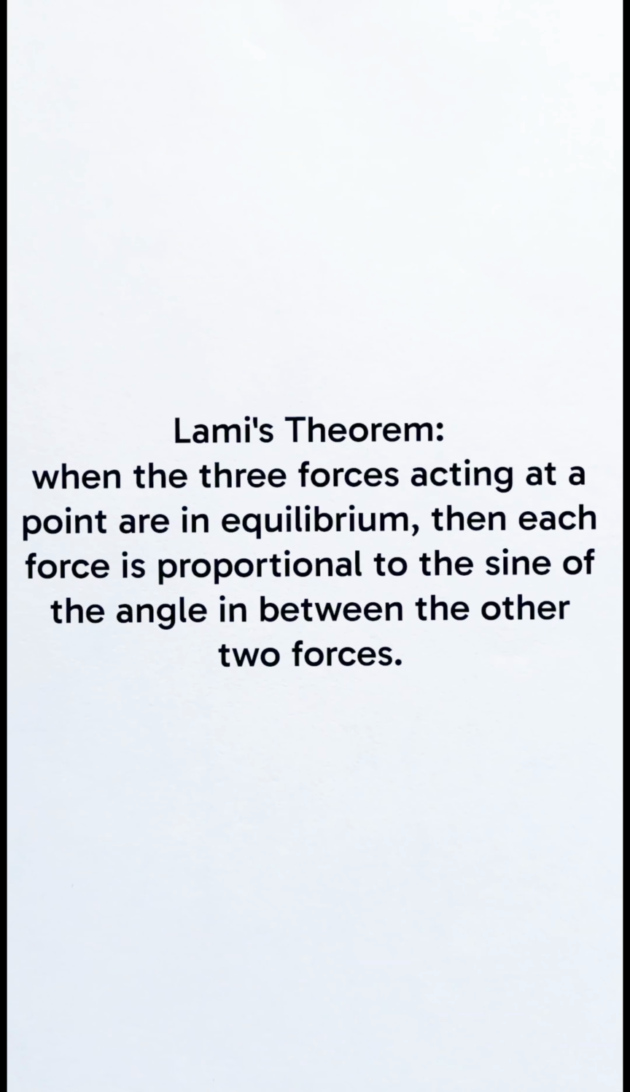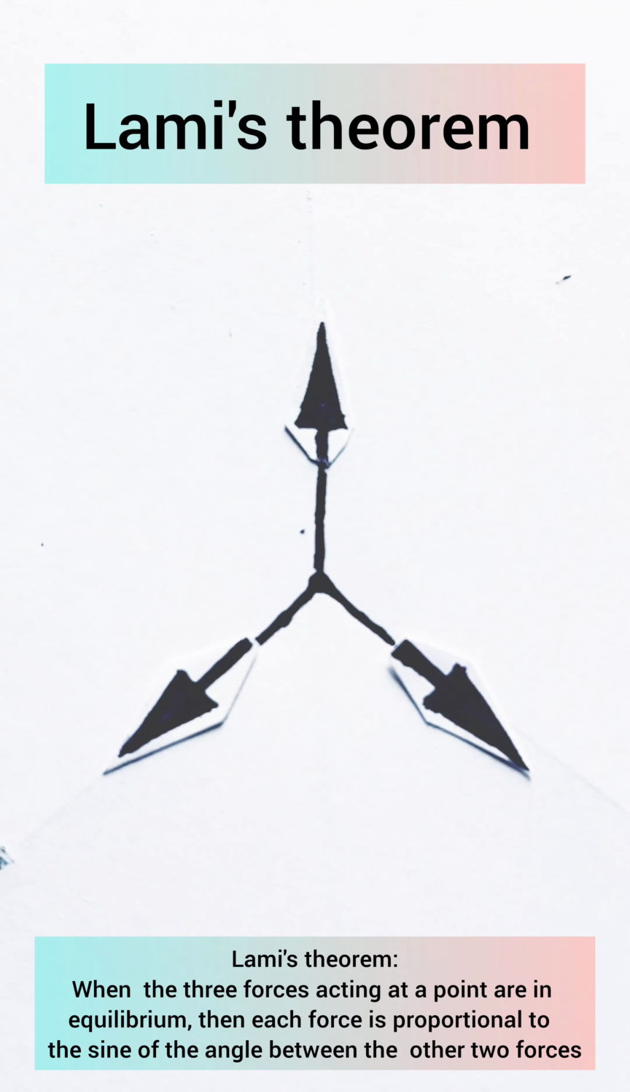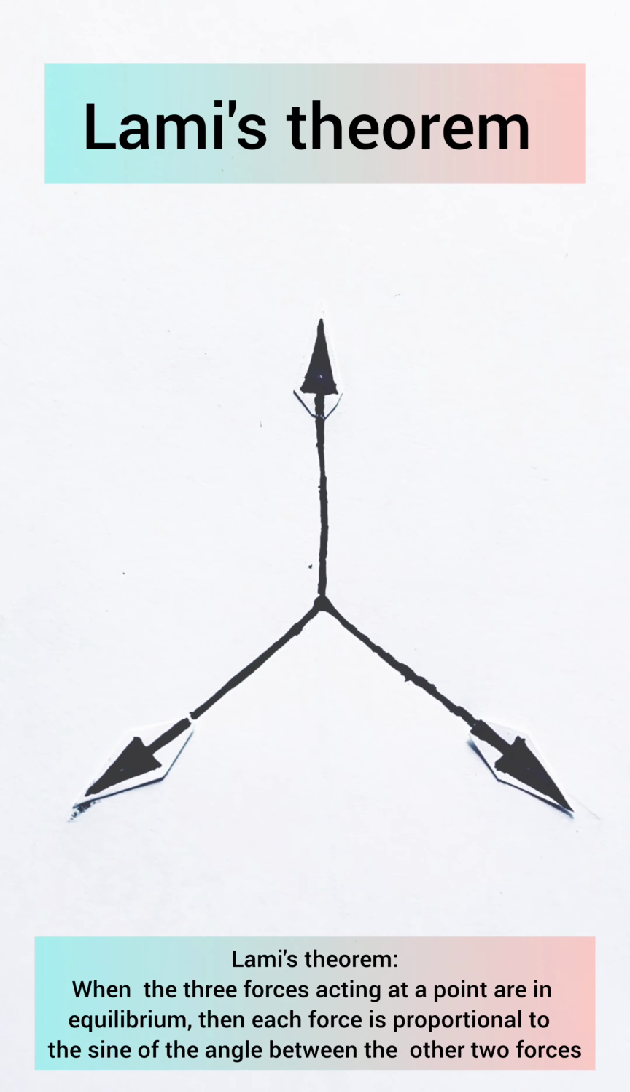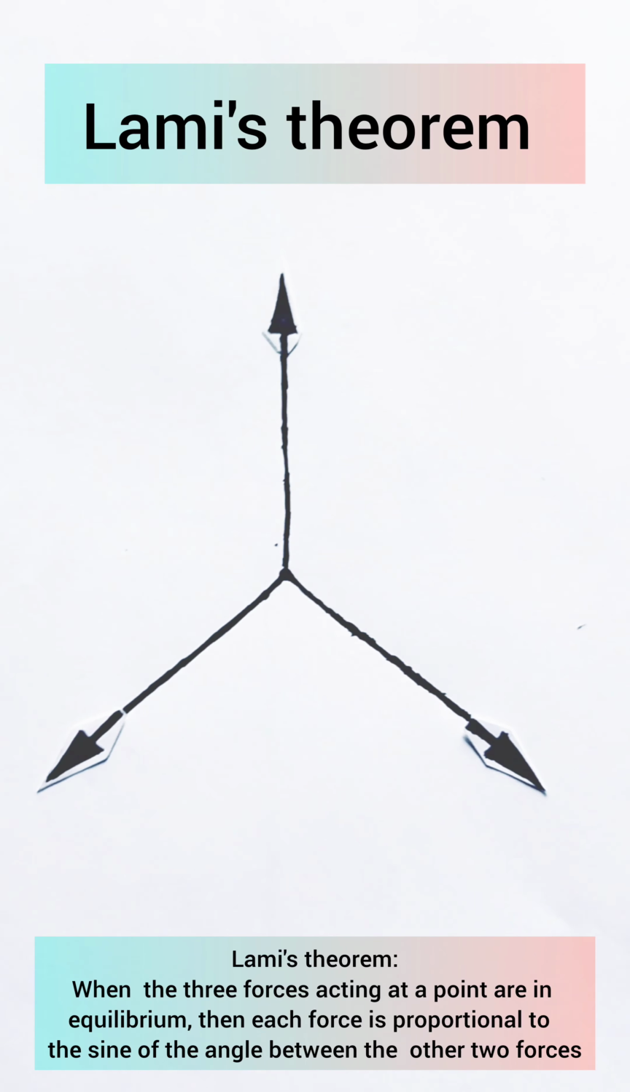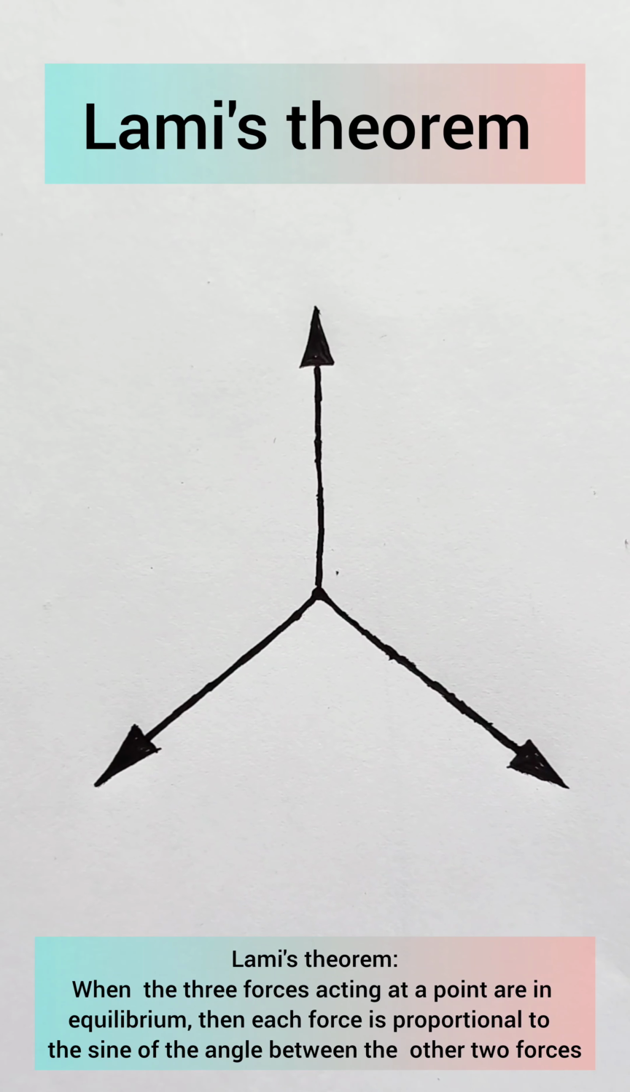Statement for the Lami's theorem. When three forces acting at a point are in equilibrium, then each force is proportional to the sine of the angle in between the other two forces. When these three forces of different magnitude act at a particular point, which were diverging in nature,